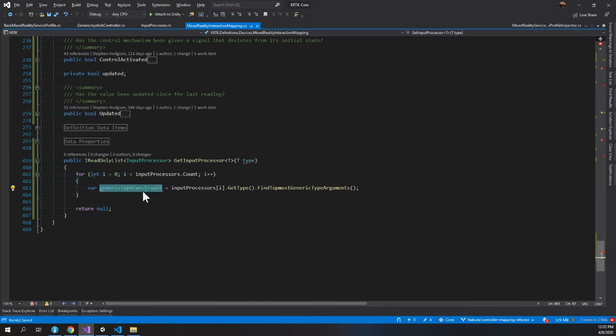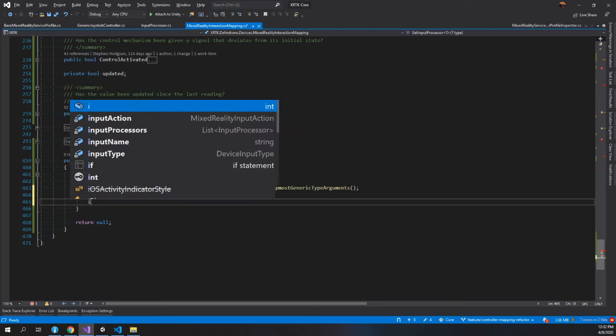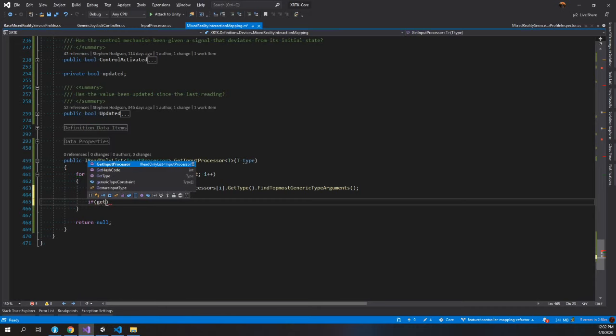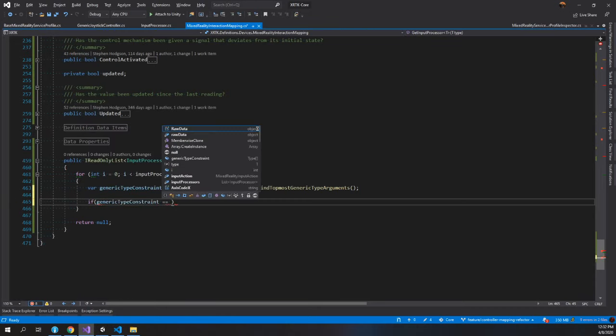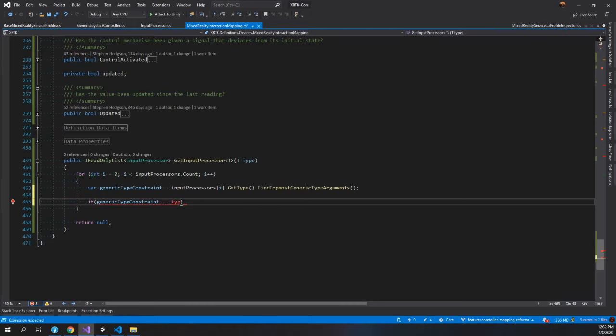Okay, so generic type constraint. So now that should be the generic type constraint for that. And then if our generic type constraint is equal to our type, I'm sorry, type of,